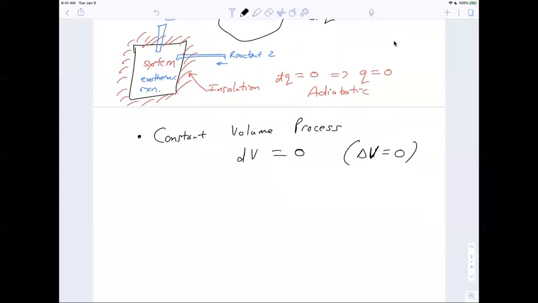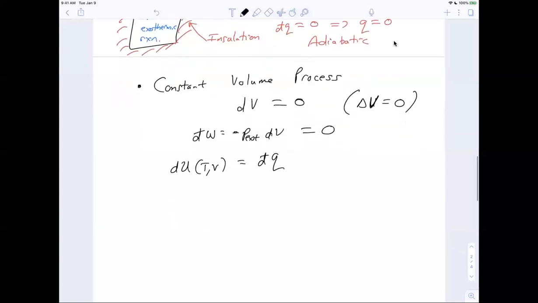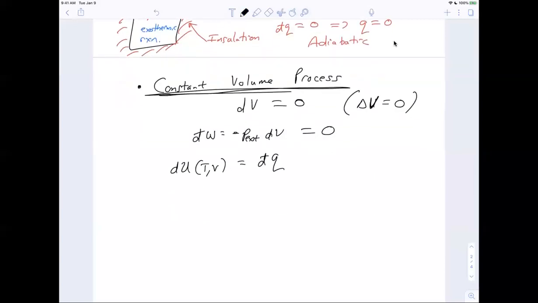So it's a constant volume process. So we know then that dW, in its most general form, which is minus P external dV, is going to be 0. There's going to be no work, for the purposes of our class. So what that means is then dU, which we've said is a function of temperature and volume, is going to be equal to dq, but now under the constraint of constant volume, we're going to write this as q_v. So this is the heat interaction